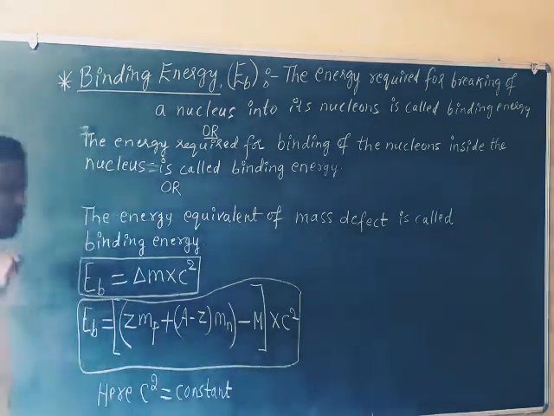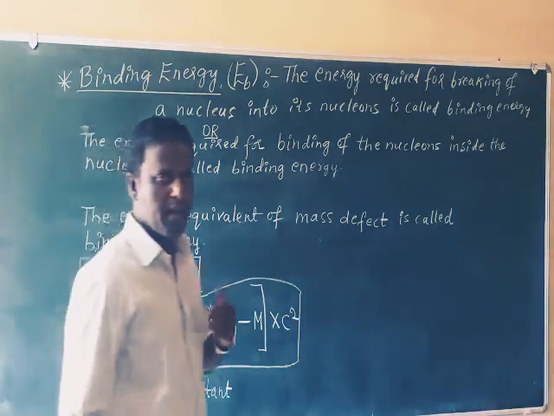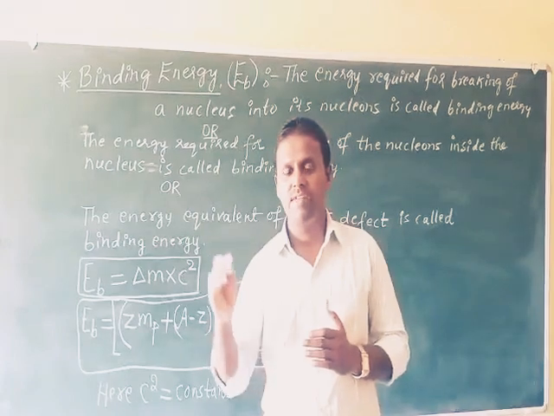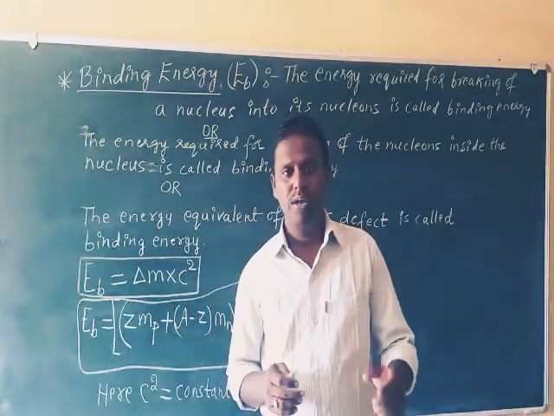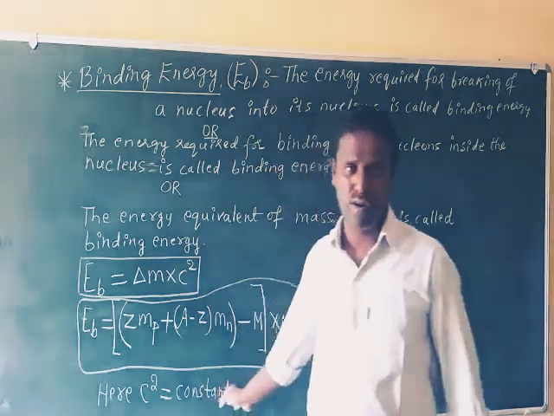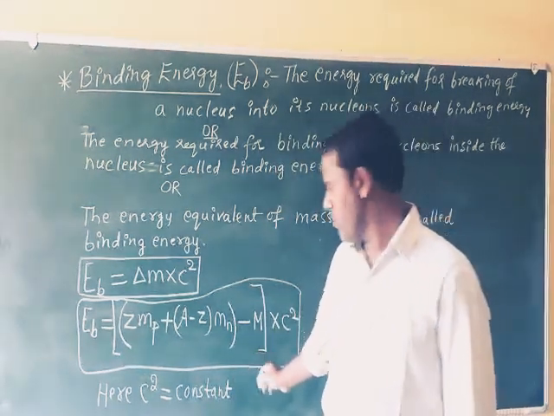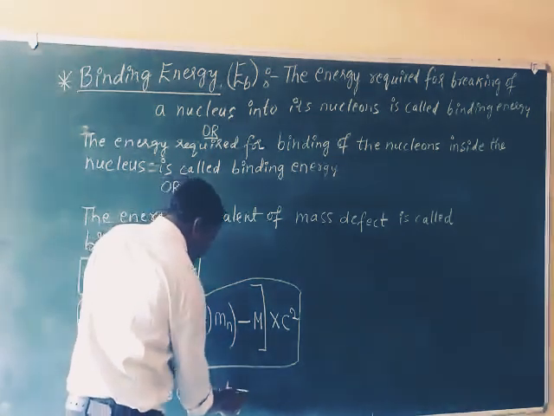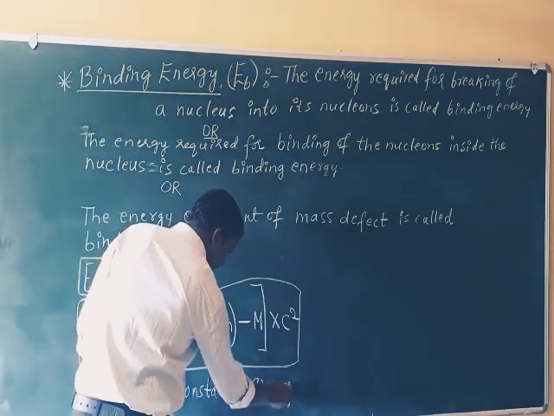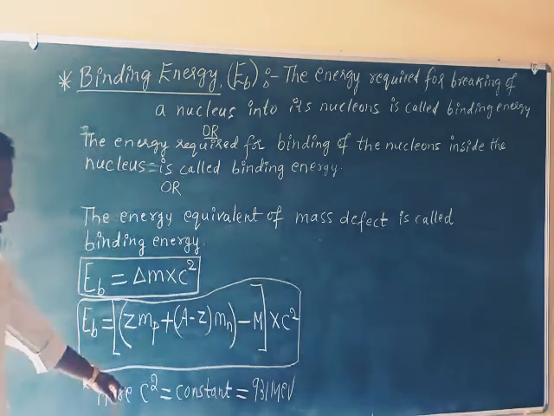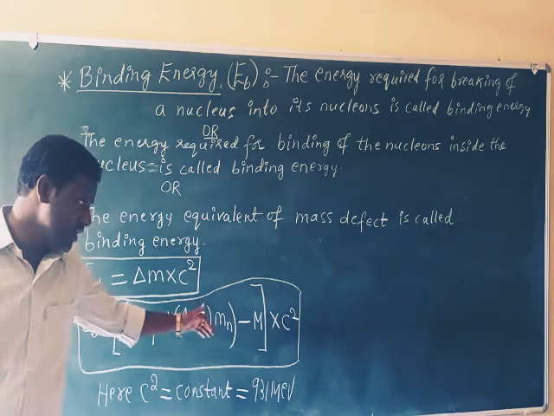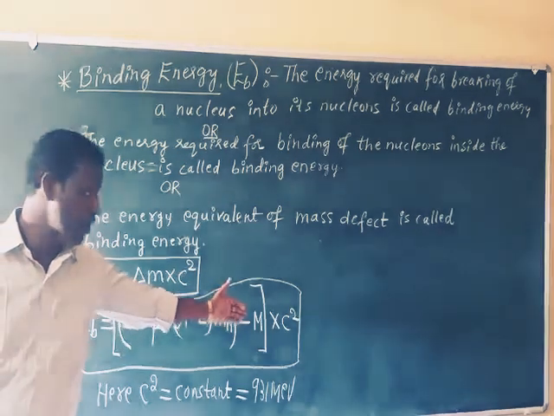But you have to remember that when calculating here, binding energy is in mega electron volts. So in place of c square, you just try to remember 931. In this place, 931 mega electron volts. But here c square is a constant value. To convert the unit from joule to mega electron volt, I am writing